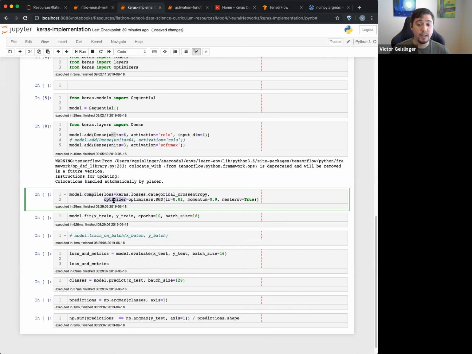For an optimizer, sometimes people will use the Adam optimizer, but here, this again was just directly from Keras.io, we use stochastic gradient descent. We'll talk about stochastic maybe next time. But just know that we're doing gradient descent with a learning rate of 0.01. We have momentum, basically. You can think of momentum as if you're going down a hill, you kind of want to keep going to make sure you don't accidentally stay in a local minimum.